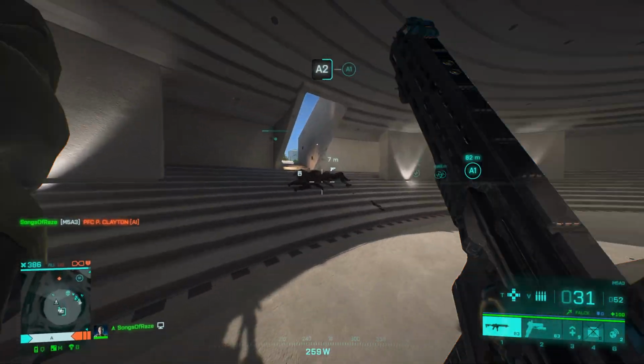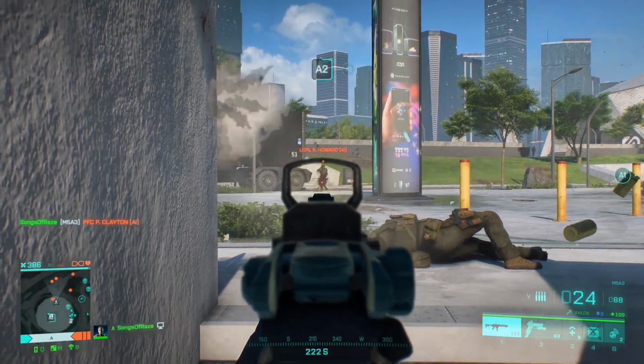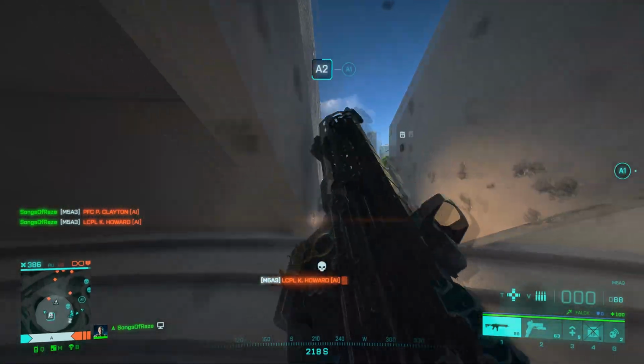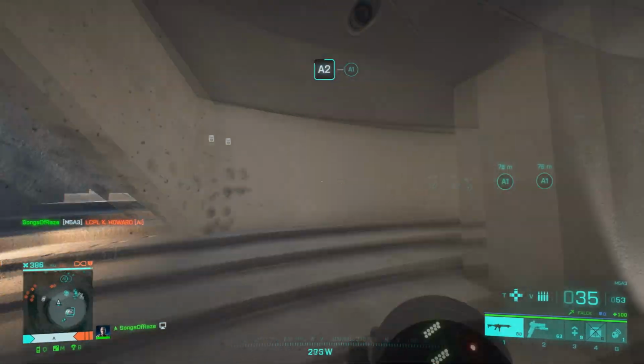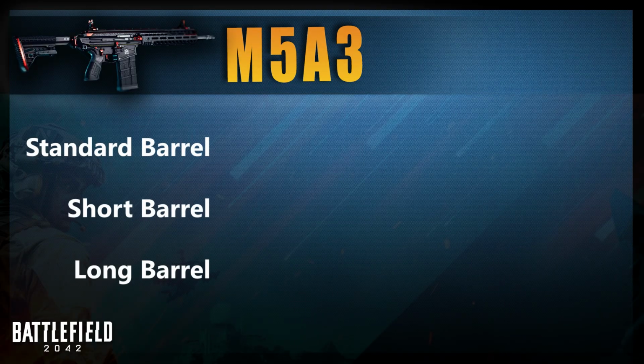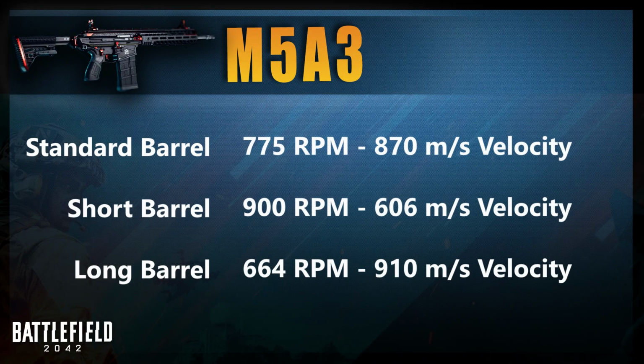range barrel. Now, when it comes to the standard barrel, like I said, this does not affect the rounds per minute. This is 775. This was all tested when it came to the standard magazine as well. So 775 rounds per minute, and it has a bullet velocity of 870 meters per second. Quite respectable, but you're not going to want to challenge too many snipers at range with this. But it definitely can be done a little bit. When it came to the